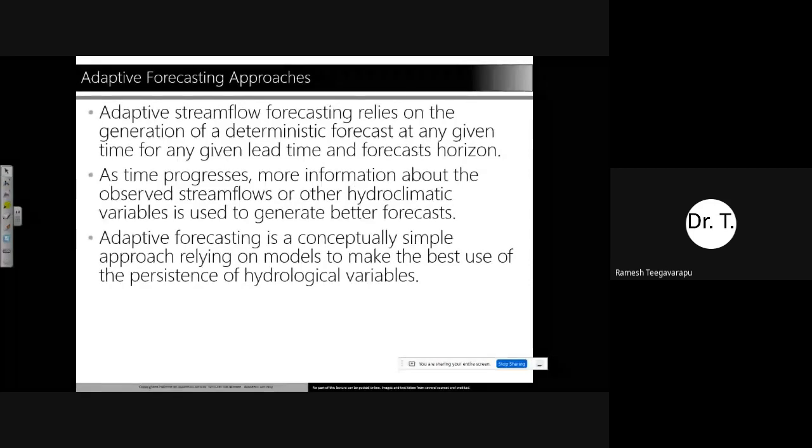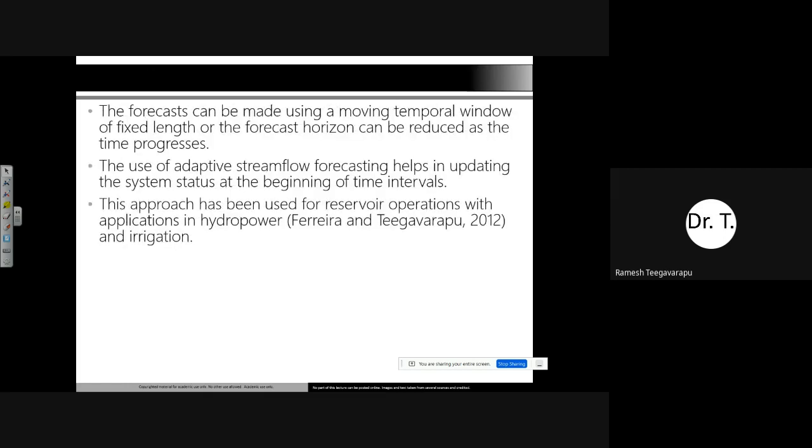So you're adaptively changing your forecast because you are getting more and more information. Like if you're driving from your home to your school, and all of a sudden you see a traffic accident or some problem, you try to change your route and go another way. And when you get there, again there's some problem, and again you make a modification. So adaptively you are changing your forecasting. Okay.